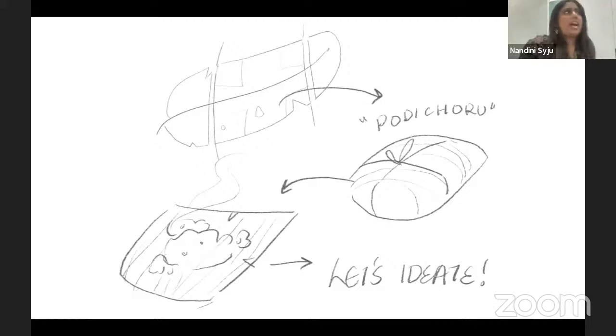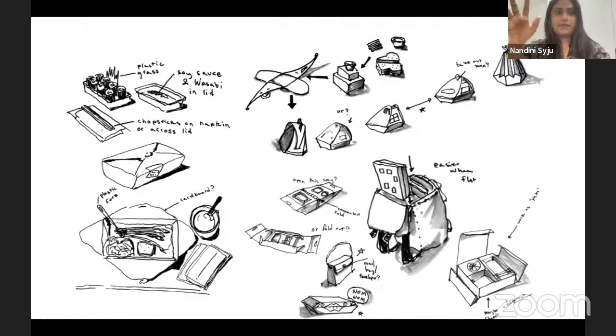So again, I went a little different from what the normal thought would be, but I still haven't broken any of the rules, right? I still haven't gone against anything that the question has intended me to do. So that's how you're in the right place. So let's ideate. So these are a few of the disposable. Let's fold it, and it's all separate, but it's lightweight, it's portable, it fits in a bag. Kind of iterations with different types of food, not just Indian, right?